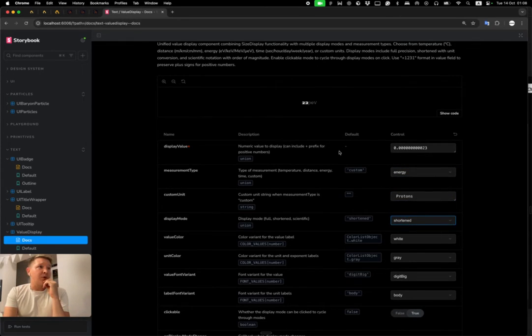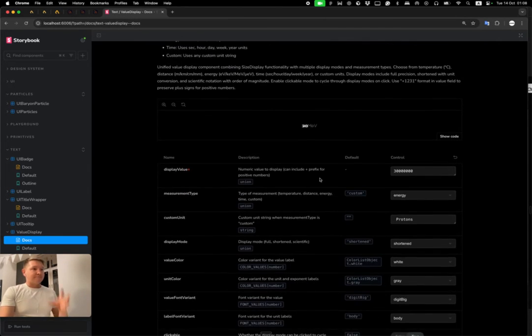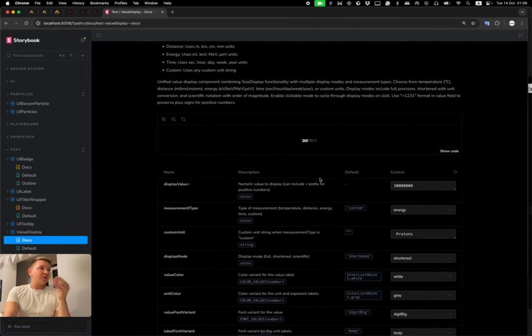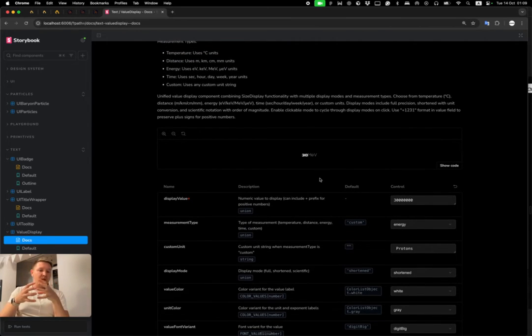So yeah, pico electron volt, it's just a regular electron volt, and this is mega electron volt. That's the thing that I want in every project that I'm dealing with, to display some type of value in a certain order without a hassle, just to throw it through the elements that always make my values nicer.